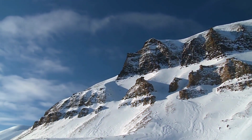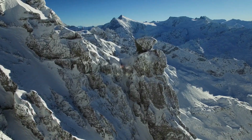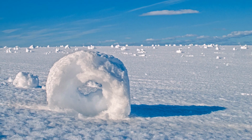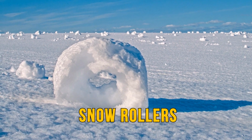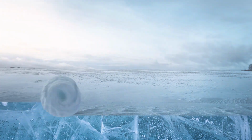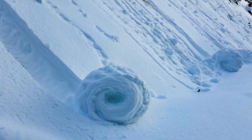Found in any snow-covered mountain area, like the Rocky Mountains, the wind, temperature, snow, ice, and moisture have to all work together for you to see the phenomenal rings known as snow rollers. Starting with quite a thin layer of damp snow on the ground, it needs to sit on top of ice or powdered snow. Then, a strong enough breeze has to move a layer into a donut shape and gently start